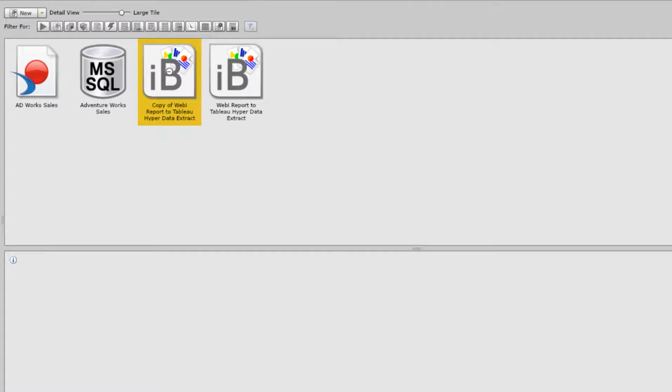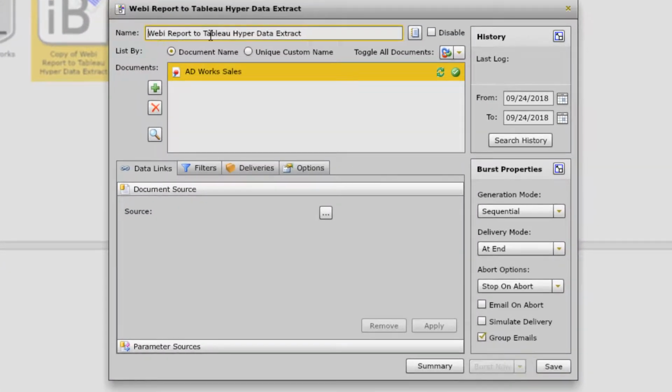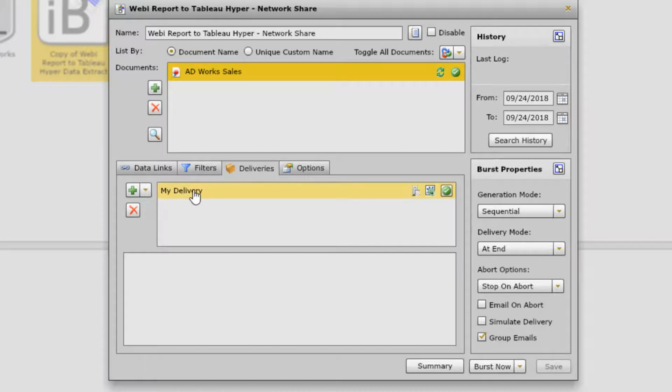I'm going to open it and rename it and create a delivery to a network share. So I'm just going to call this Webby report to Tableau Hyper network share. So I've already got the AdventureWorks document added. I'm just going to click on Save for a minute, and then I'm going to go to Deliveries. I'm going to delete the existing delivery, which was to Tableau Server. I'm going to create a new one,